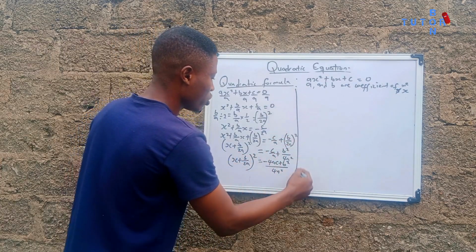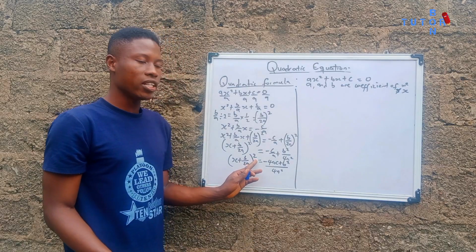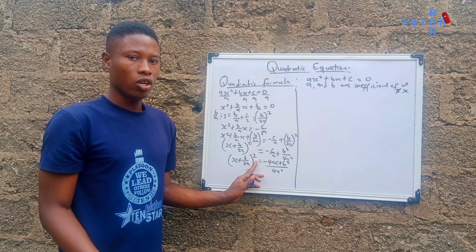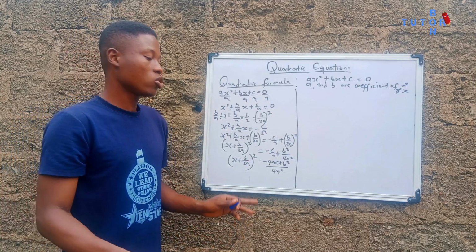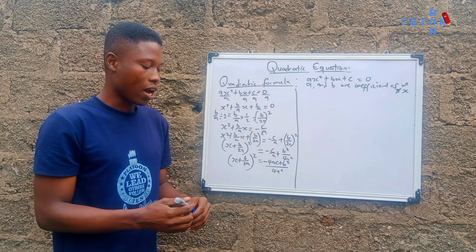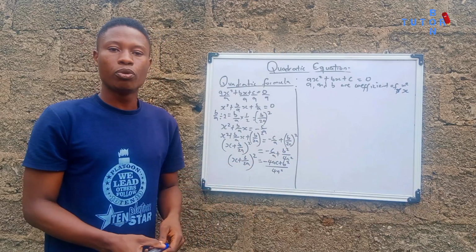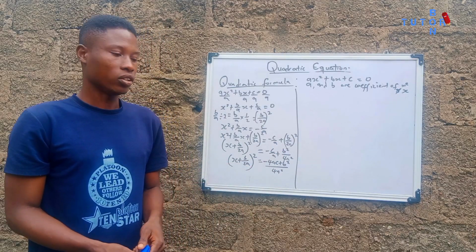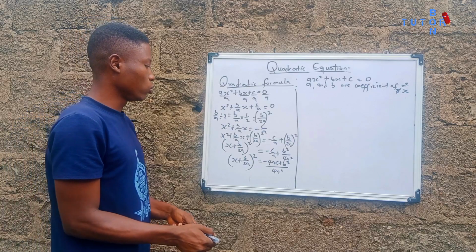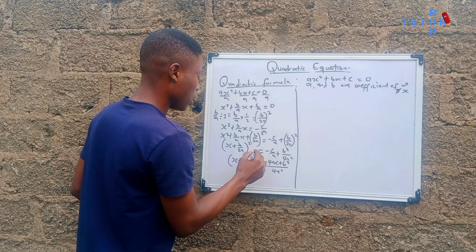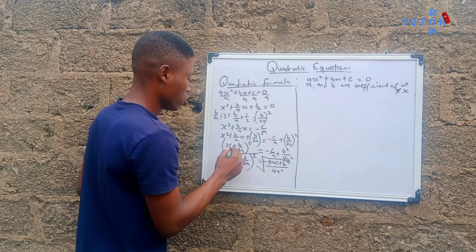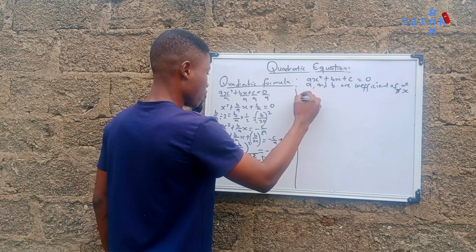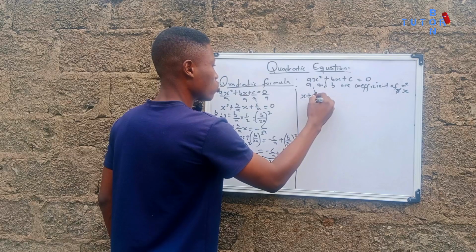So the next thing we need to do is to make sure we eliminate the square we have here. And to eliminate the square, we have to introduce a square root to both sides of the equation. If you introduce a square root to both sides of the equation, you'll be having this to be a square root and also this to be a square root. Your square root cancels the square. You are left with x plus b over 2a